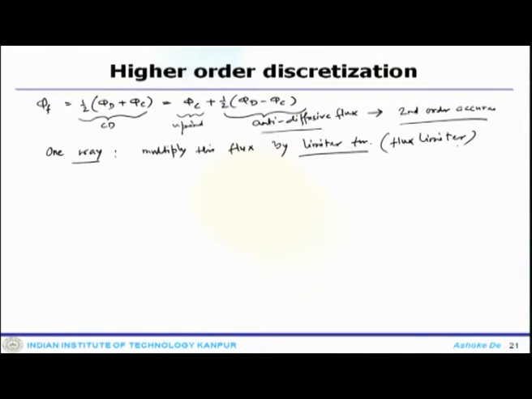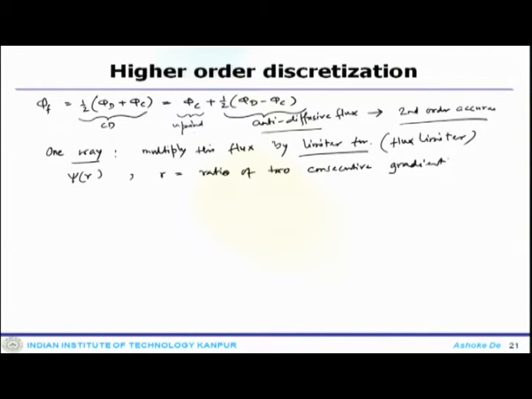Once you do that, it will prevent excessive use of the flux in the region where oscillation might occur, while maximizing its contribution in the smooth areas. So, one can denote such a limiter like psi(r). r is usually taken as the ratio of two consecutive gradients,